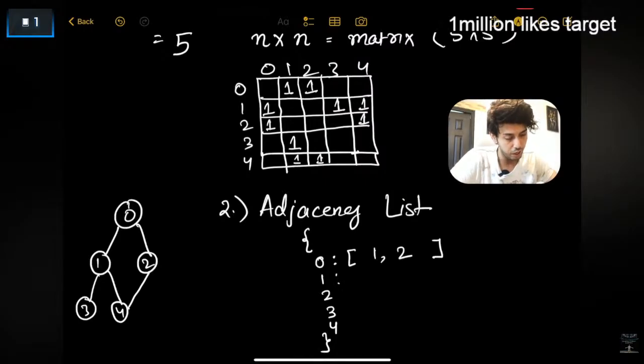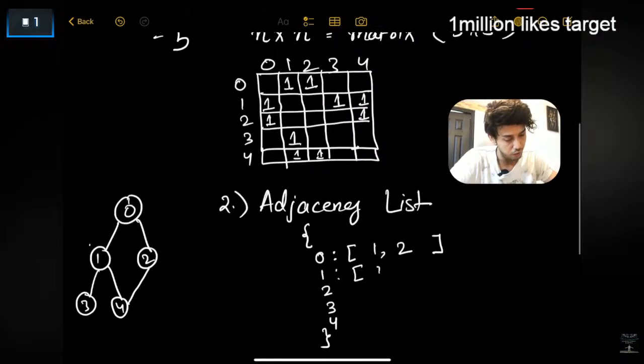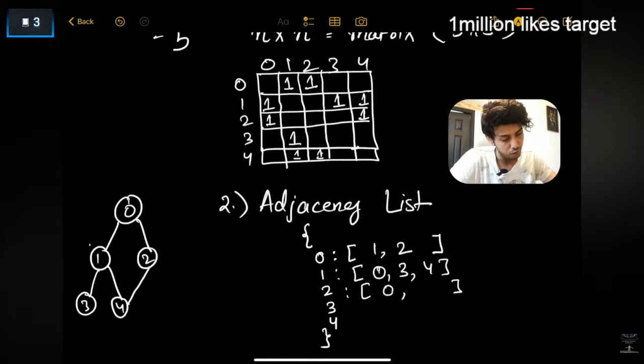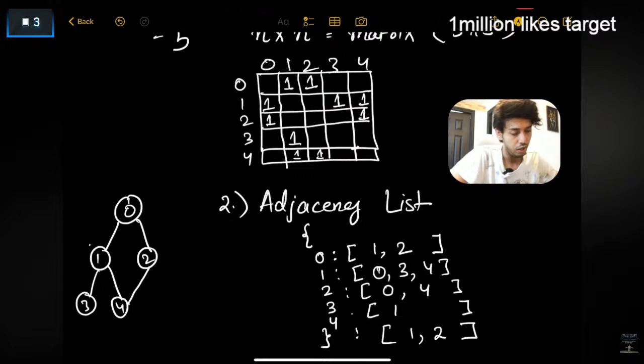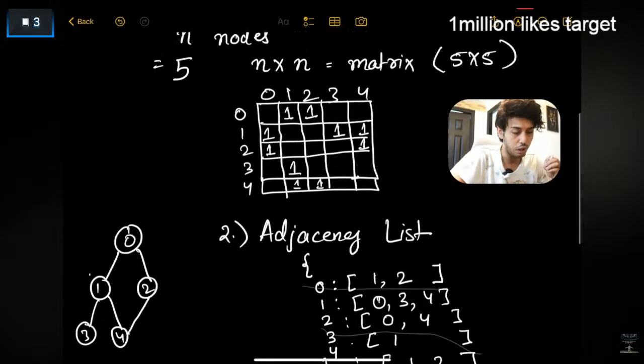तो 0 कनेक्टेड है मेरा 1 और 2 से। अब देखते हैं 1 मेरा कनेक्टेड है 0, 3 और 4 से। फिर 2 किससे कनेक्टेड है, सिर्फ 0 से और 4 से, ओके। फिर 3 मेरा किससे कनेक्टेड है, 3 कनेक्टेड है 1 से, ओके। और लास्ट एंट्री विल बी ऑफ 4 जो कि कनेक्टेड है 1 और 2 से, ओके। तो ये हो गया मेरा एक अनदर काइंड ऑफ रिप्रेजेंटेशन जिसको हम बोलते हैं एडजेसेंसी लिस्ट।